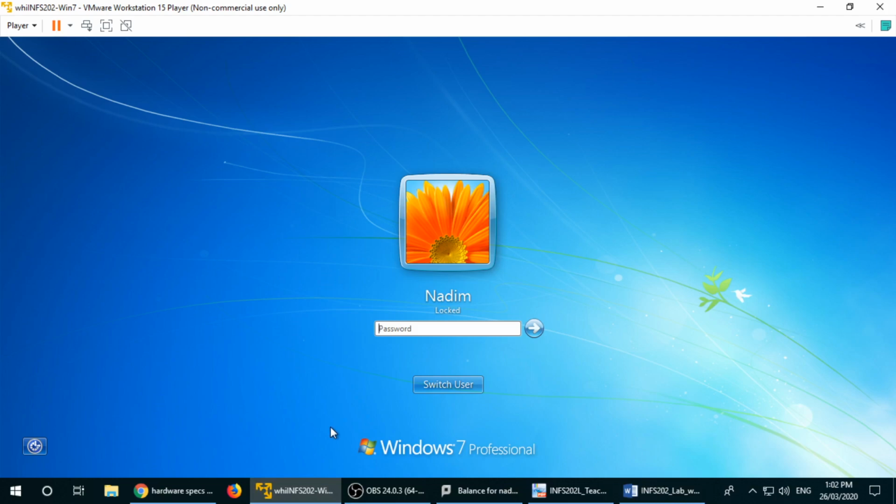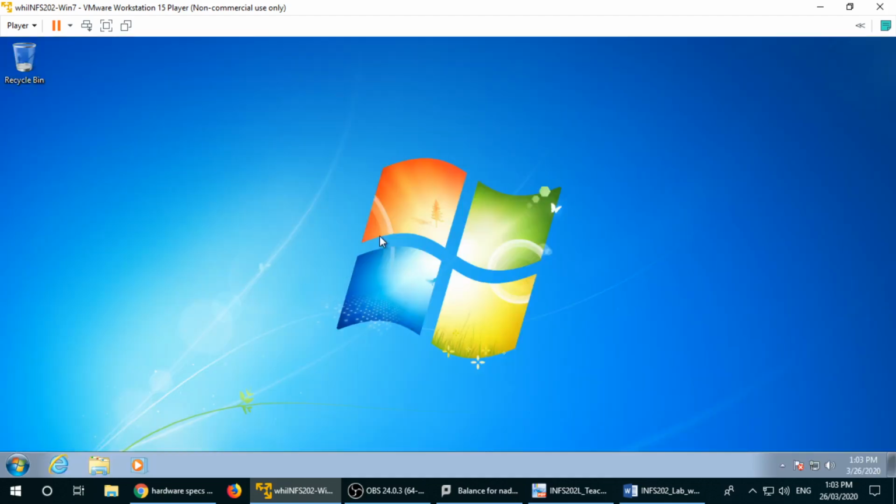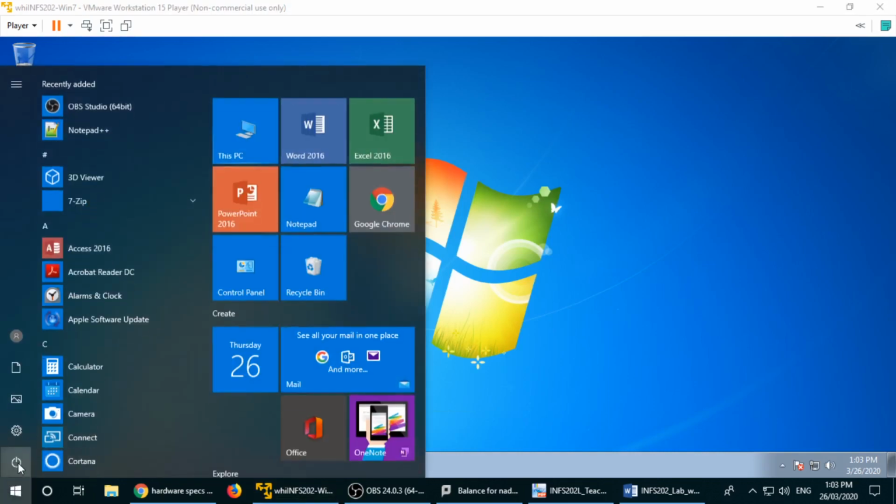Here, of course, as you see, we are running on a virtual machine, and I believe that you already have some experience on how to handle the operating system through the virtual machine, as we have taken in the previous lab sessions. All right, so I'm accessing my Windows 7 account. And as you can see, this is the desktop, a clean desktop. So from here, let's just go